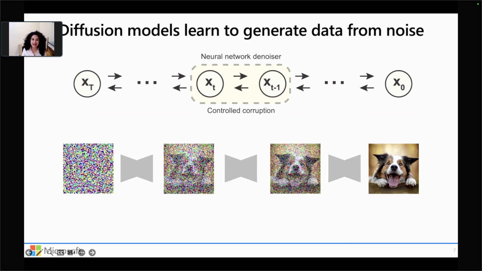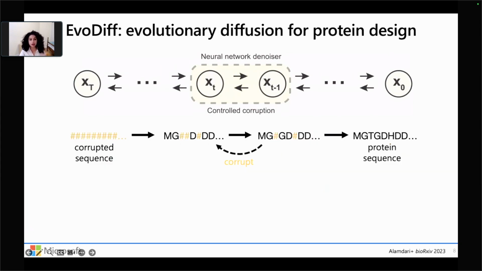And the objective, the task that these diffusion models are trained on, is to learn how to remove this noise step by step to get back to data, such that at inference time, at test time, brand new images can be started, brand new data instances can be generated, starting from an all-noise state. With EvoDiff, we take this same principle and now apply it to the space of protein sequences. EvoDiff learns to generate new protein sequences in a similar way.